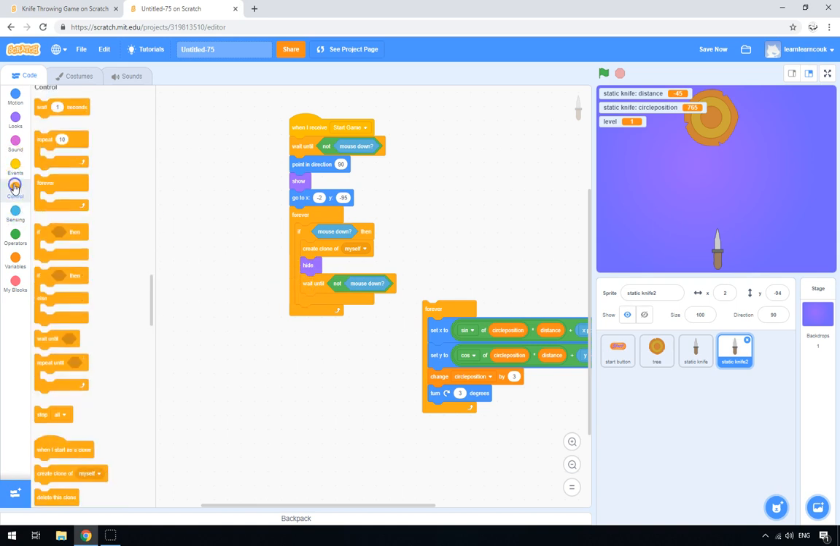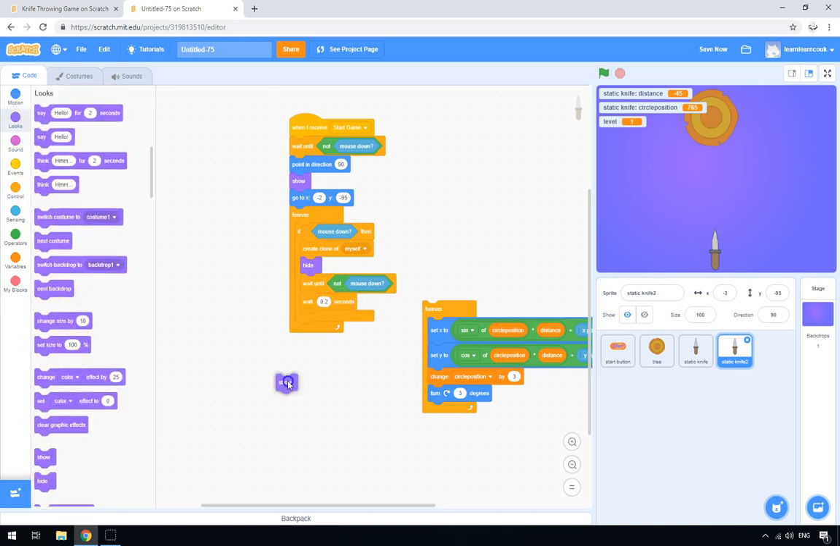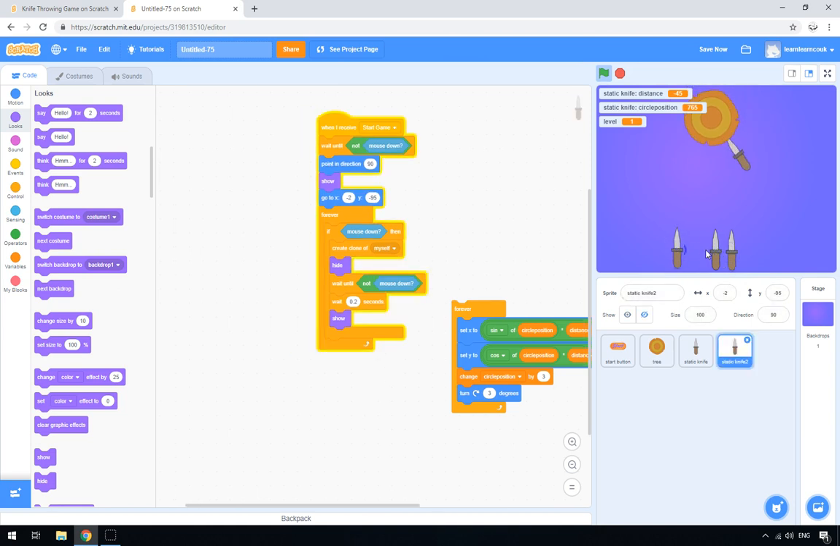What we'll also do is put in a little wait of about 0.2 seconds, so you can't keep spamming knives too quickly, which would cause problems for the game. So hide, wait until the mouse is down, wait 0.2 seconds, and then finally we'll show again. Good. Now if I click start, there you go, and you can see that it has created lots and lots of clones,